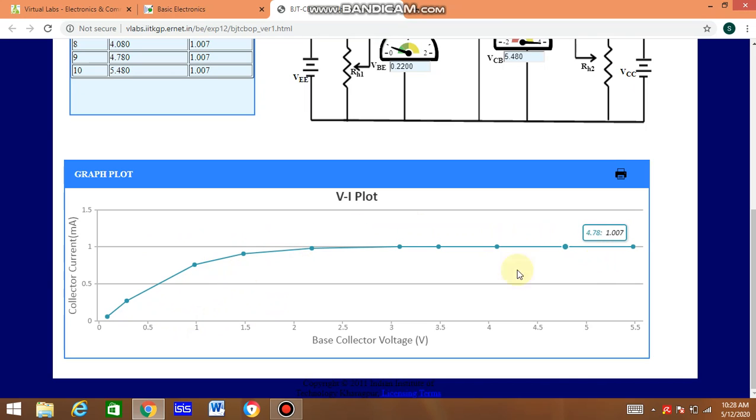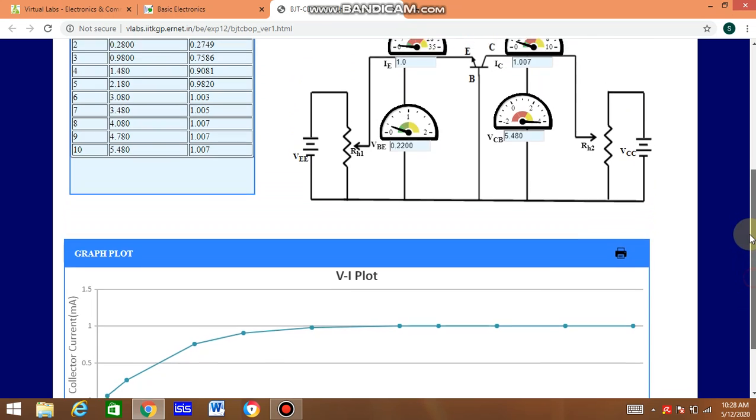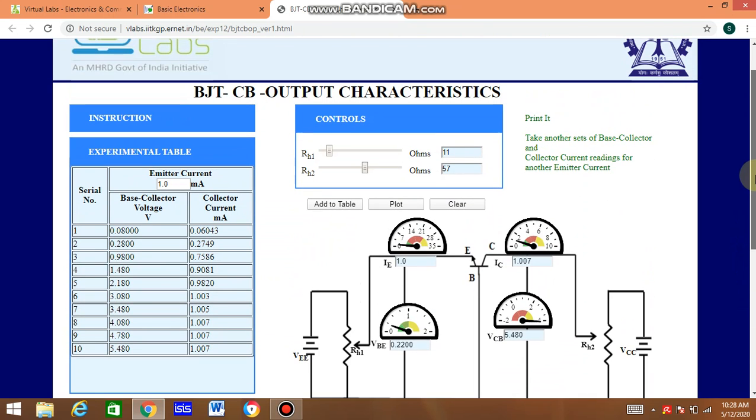Output characteristic curve means the plot of output current, that is collector current, with respect to output voltage, that is collector to base voltage. This is the output characteristic curve that we obtain at this IE, emitter current, equal to 1 milliampere.